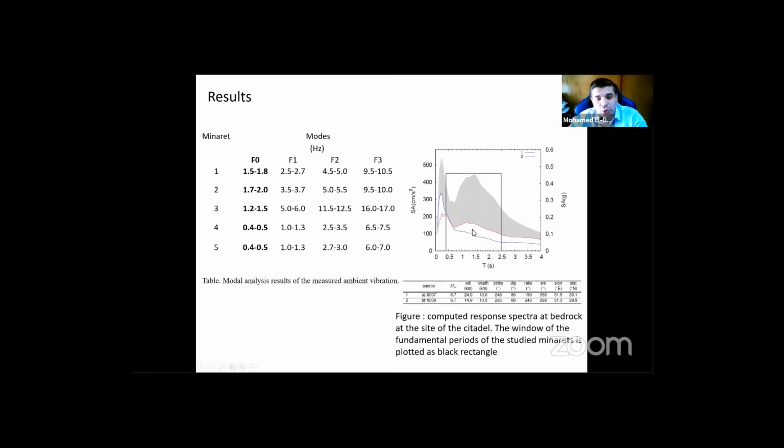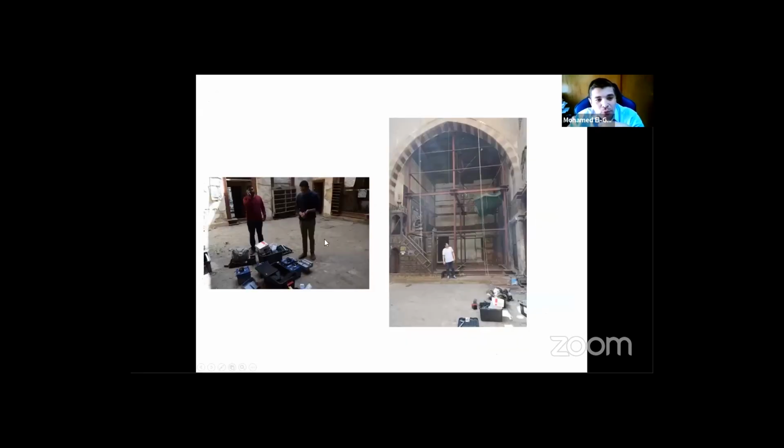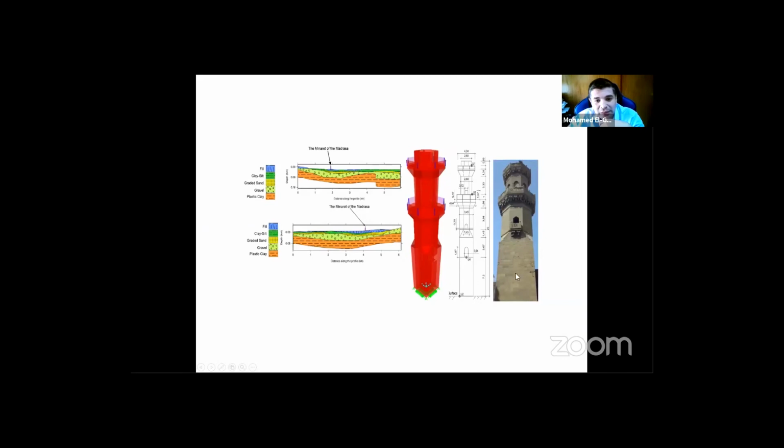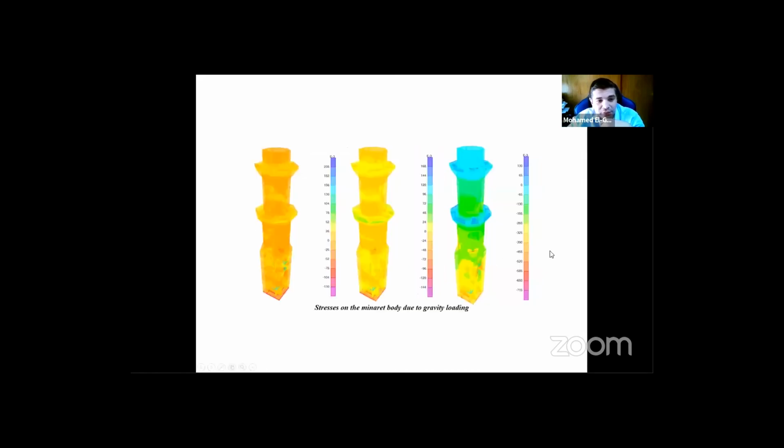It's important for us to go into more detailed numerical modeling. I will give one example of numerical modeling for one of the mosques, which is under restoration now, Tatar al-Hijaziyya. This is the minaret itself. It has already lost its top. We conducted measurements in the minaret. We built a 3D model, and we also built a 2D model for the ground to measure the amplification effect of the soil itself.